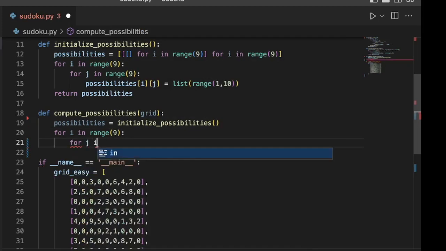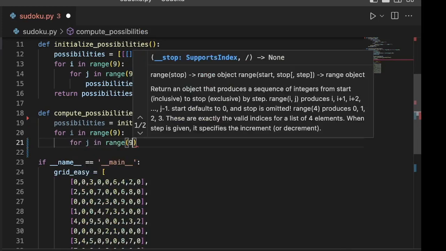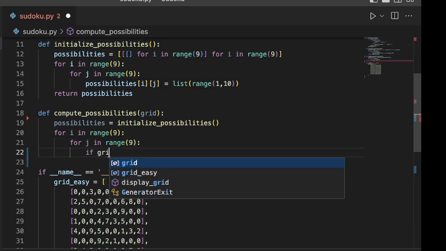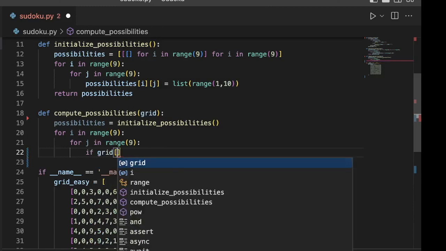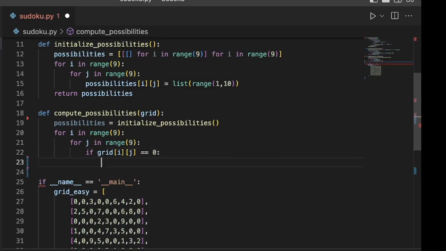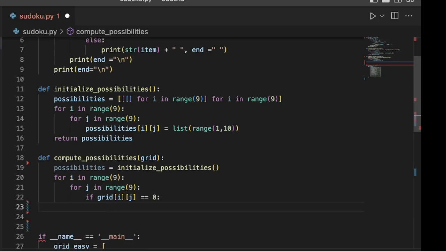For j in range of 9, again column wise we are going to go from 0 to 9. If grid of i j equal to 0, only then we are going to be checking what are the possibilities there. We will initialize one more variable called p. For p in range of 9,